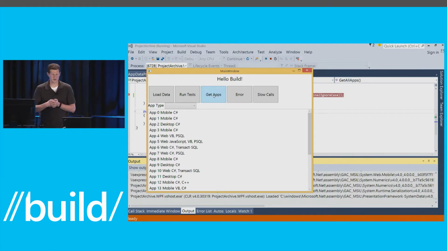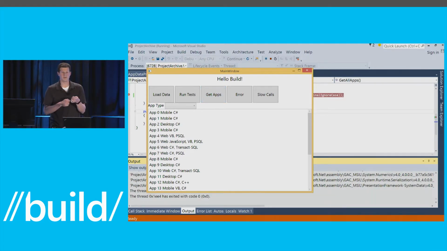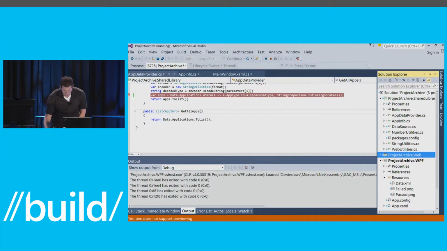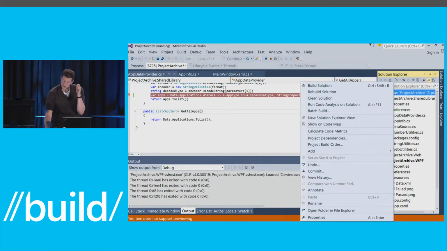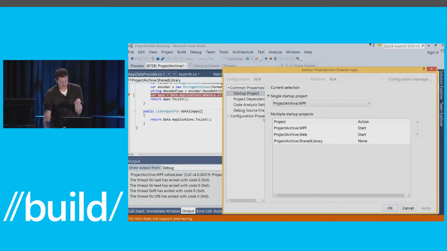That's a little tip if you're working with multiple projects. But that's going to be kind of a pain to remember and do frequently. So what I'd prefer is to have my web server launch every time that I start debugging. So I'm going to go to my project properties, and the solution properties now, not the individual projects. And I'm going to go to this startup project tab, and I can configure multiple projects to start up. I can choose to start them with the debugger, or I can choose to start them without